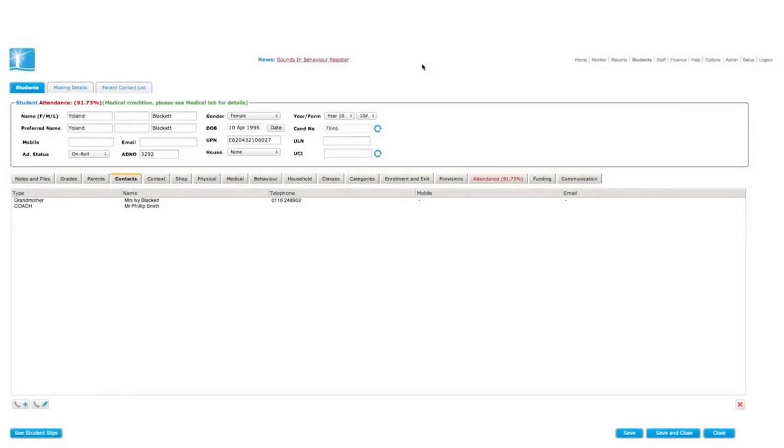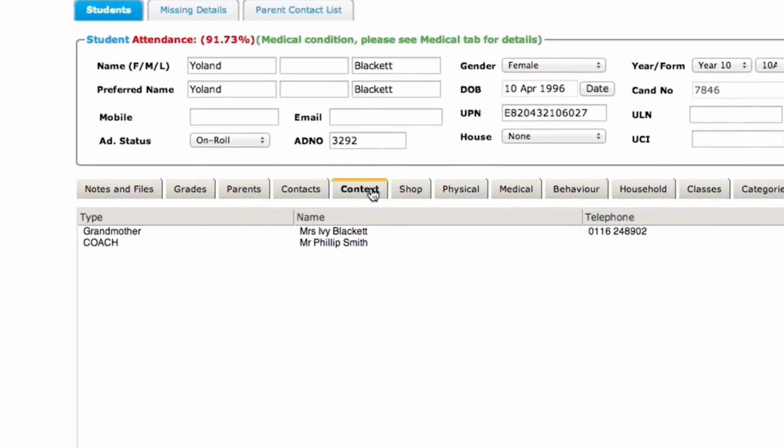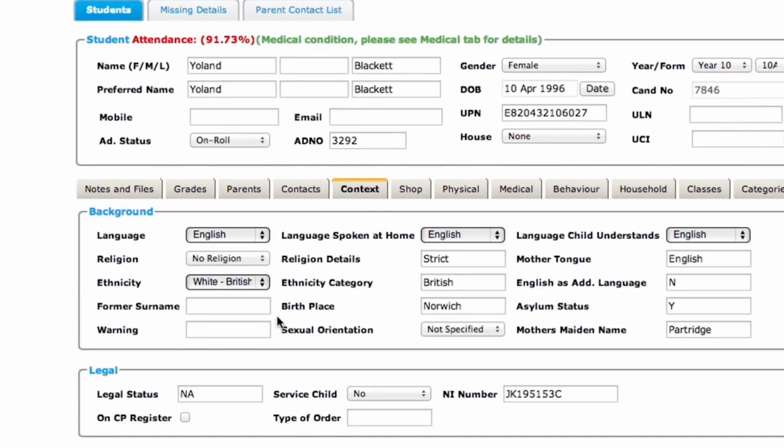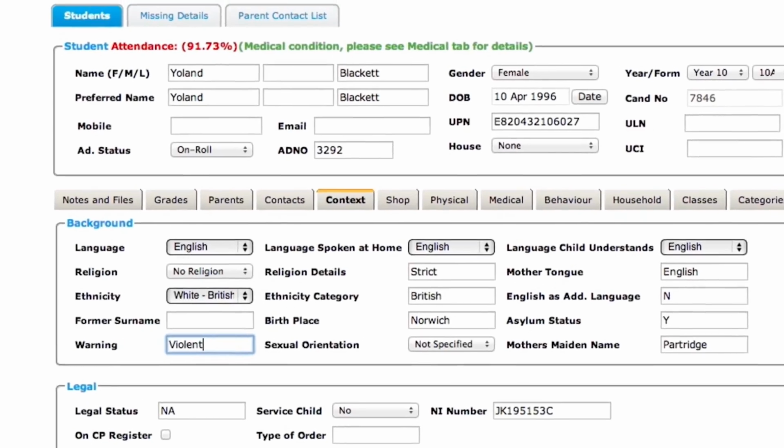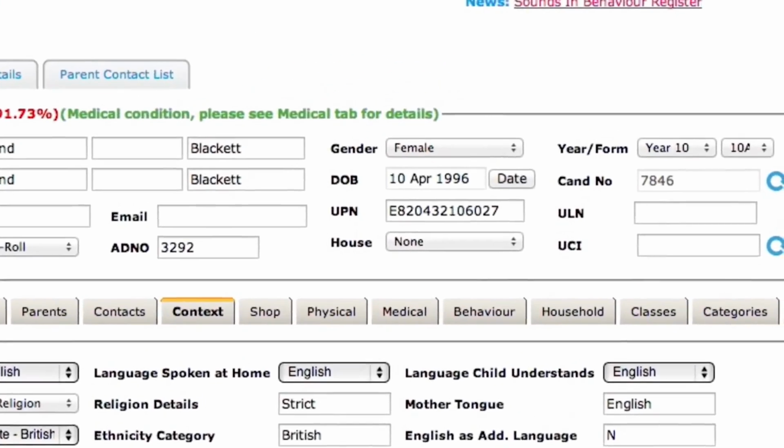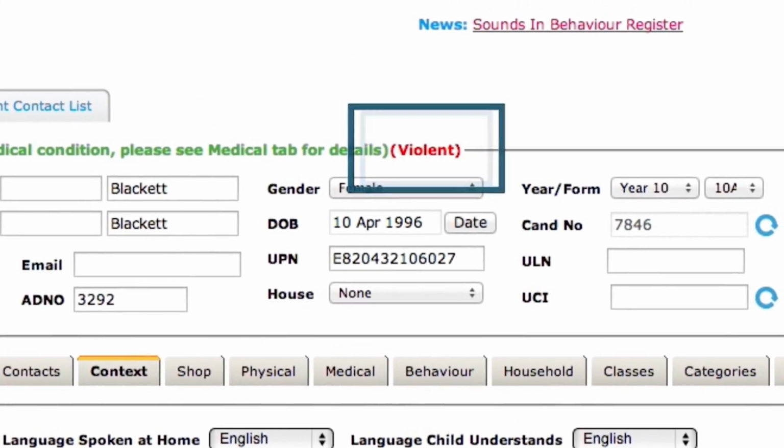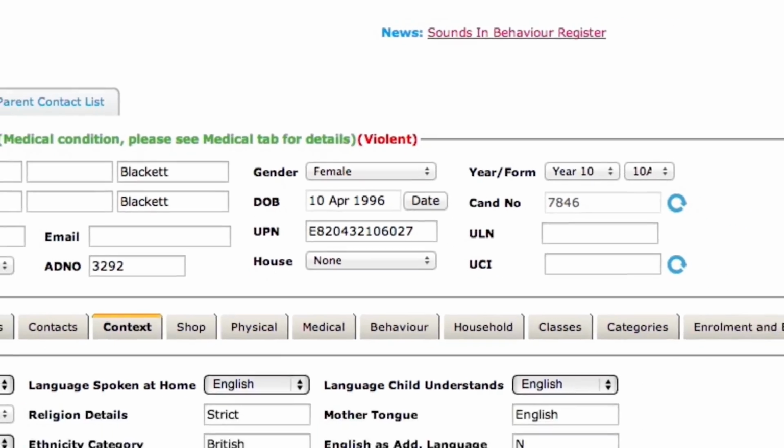The Context tab logs 4 sections of details. Background lists details such as the language the student speaks through to the current asylum status. It should be noted that if a warning value is entered into the corresponding text box, the student will have the value displayed at the top of the page for teachers to be aware of when they load the student's